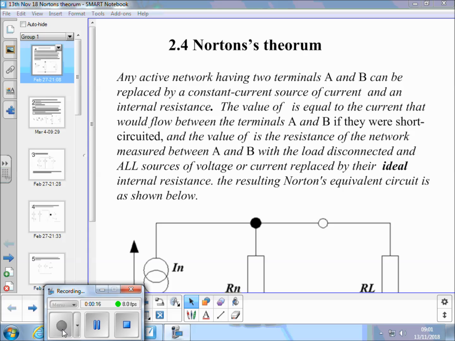So, Norton's theorem says any active network having two terminals A and B can be replaced by a constant current source of current IN and an internal resistance Rn. The value of IN is equal to the current that would flow between the terminals A and B if they were short-circuited,